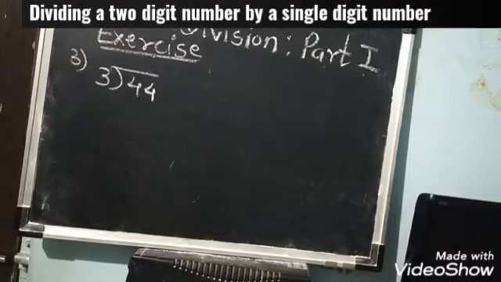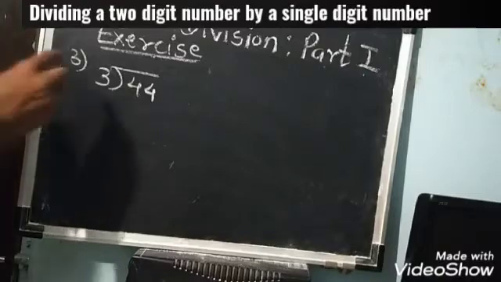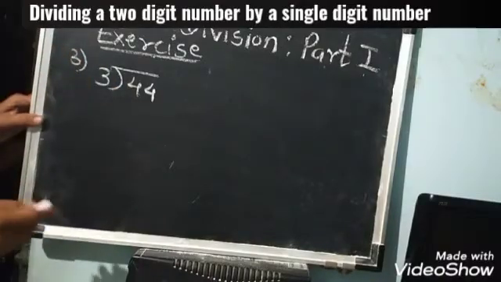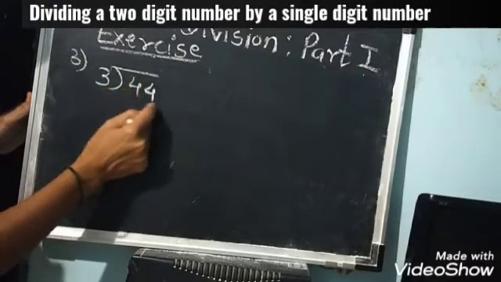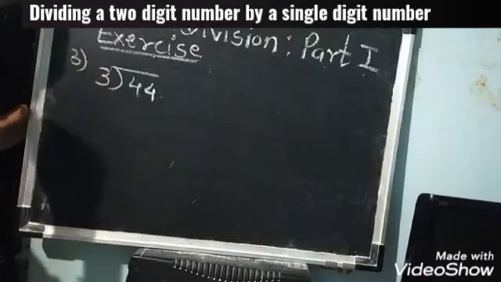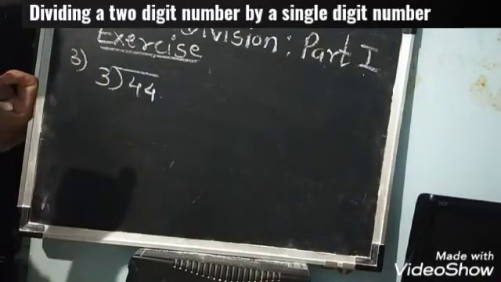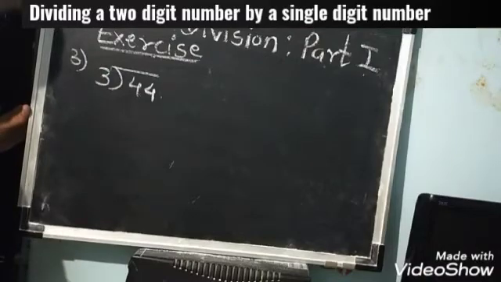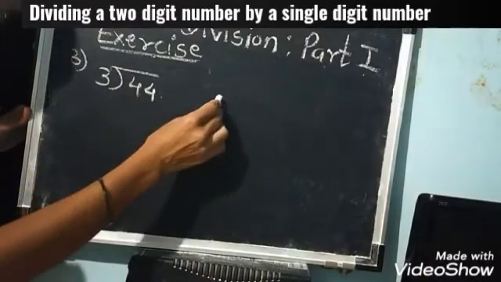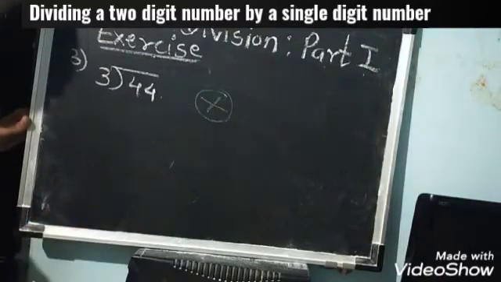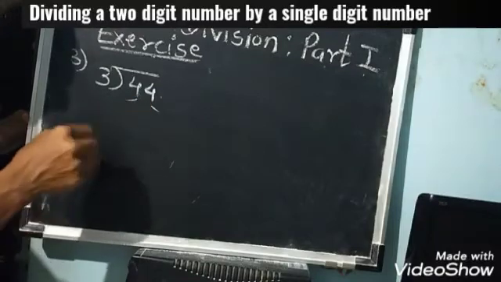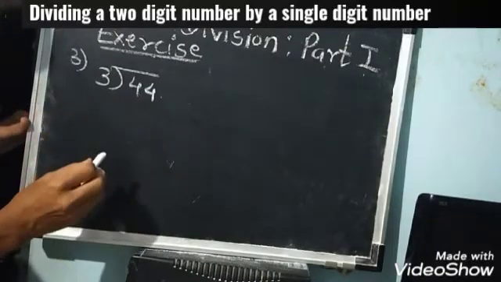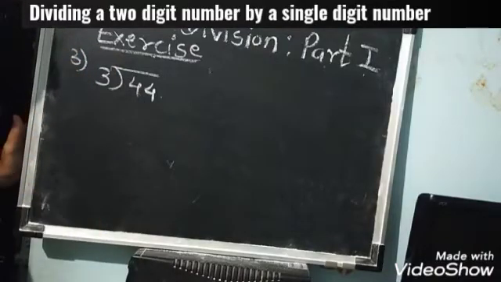Example number 3. 44 divided by 3. This is our example. See, can you tell me, is it pani puri or chapati? What is meant by pani puri? Pani puri means both digits we have to take together and divide, like pani puri. How are we eating the pani puri? Full pani puri we put in our mouth. Or is it chapati? Chapati means cut into pieces and eat. Cut into pieces and eat means separate the digits and divide. Okay, this is the meaning. Purposefully I have given this example to help you understand.